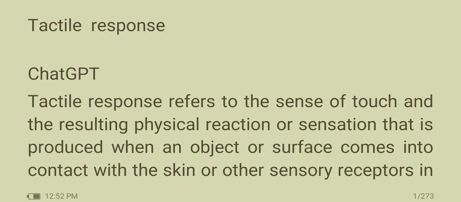In this video, we are going to learn about tactile response, mechanoreceptors and their activation mechanism. So, tactile response refers to the sense of touch and the resulting physical reaction or sensation that is produced when